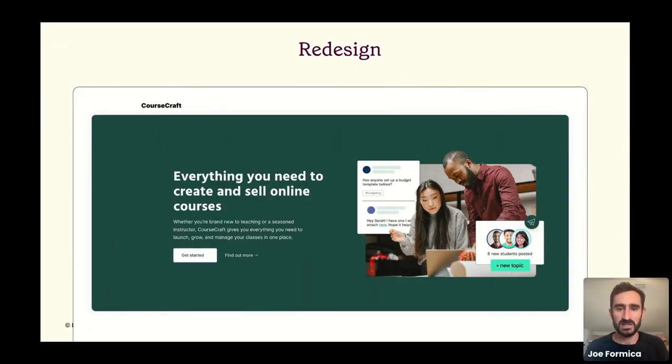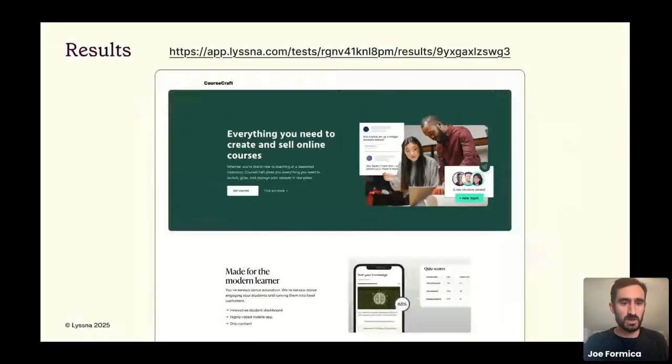And I tested this again using the exact same 5-second test. So this time, just updating it with this new headline that I created, and really no other tweaks, to see if we had better or more accurate answers to those questions on what CourseCraft is and who it's for. So I'll pull the results up here,